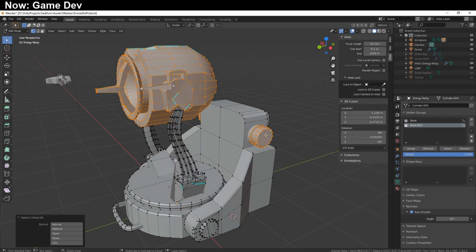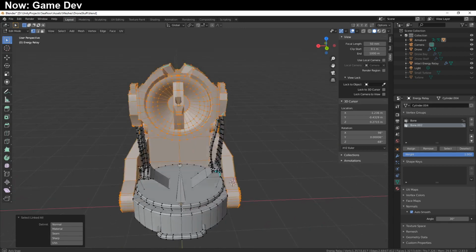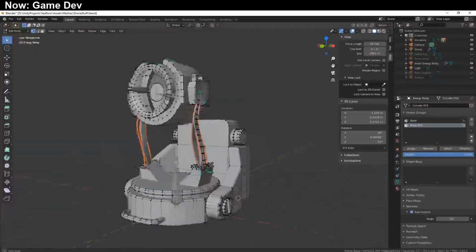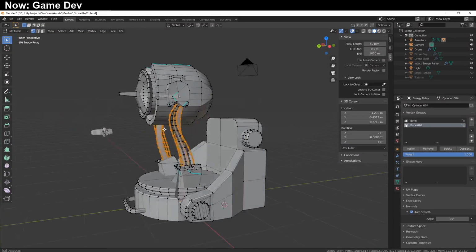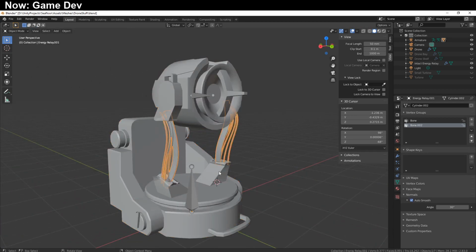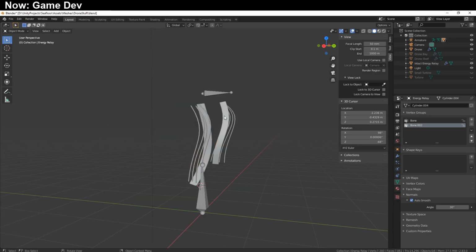And what we're actually going to do is the opposite of that. Oh, I didn't realize this was so many different objects. I guess it's not any easier to do it the other way. Fine, we'll do it the way with just this. Now in theory we could hide and mask and all sorts of stuff. But that sounds hard, so we're just going to punch it out into its own object. There we go. Now that it's out into its own object, we're going to hide the other object for a second. And we should be able to weight paint